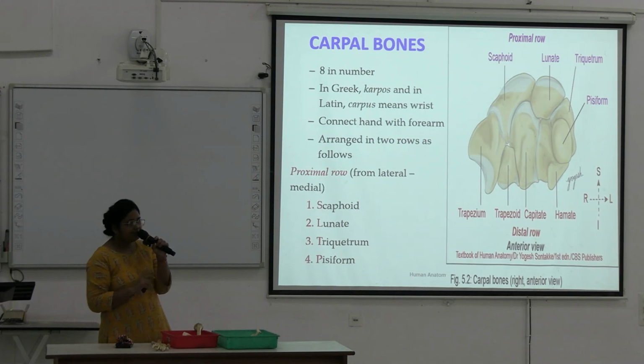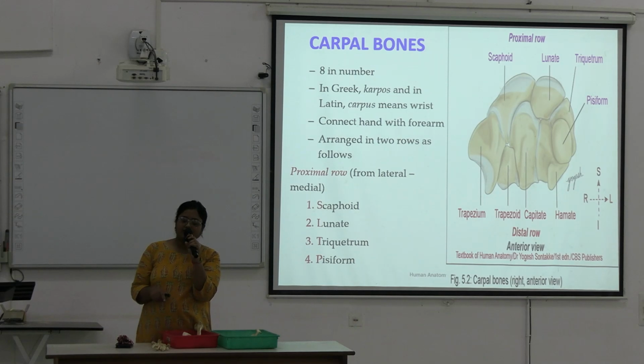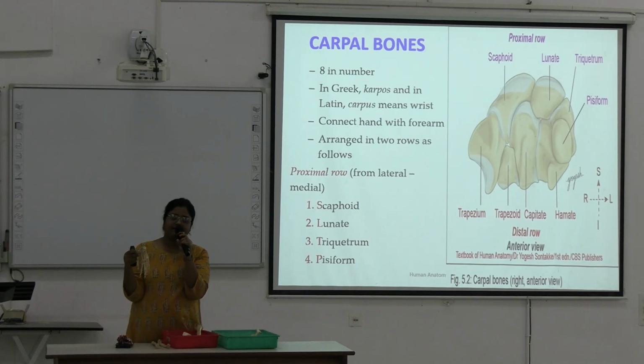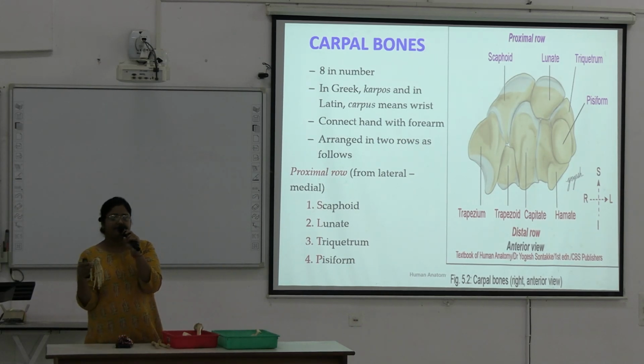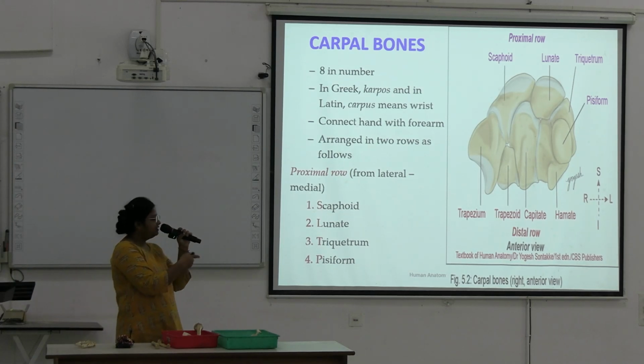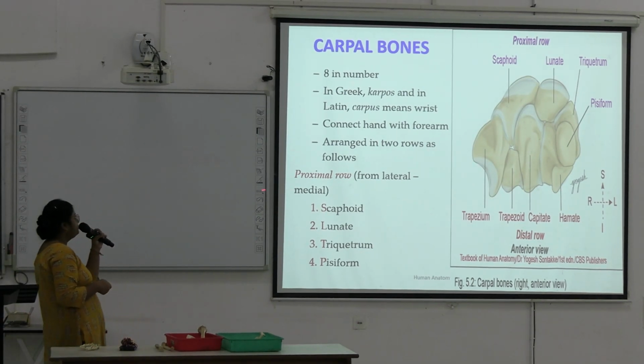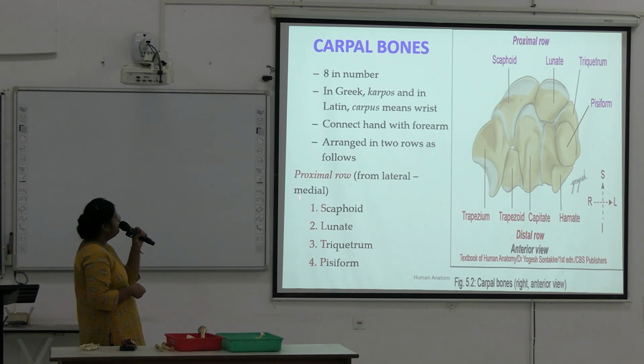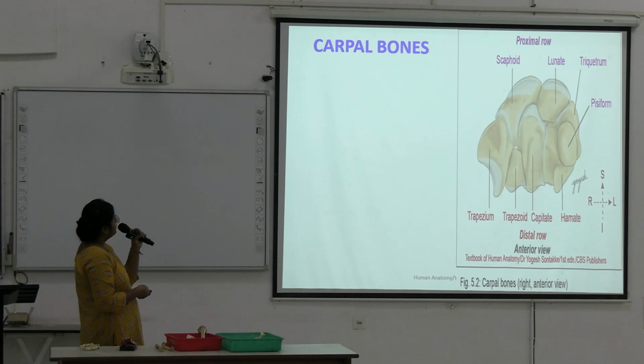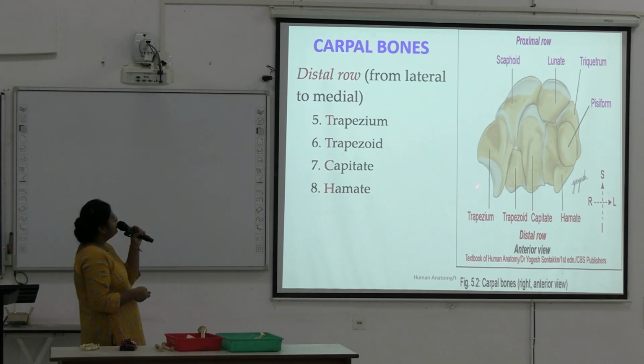This is very, very important. You have to identify the bones in this articulated skeleton of the hand. Here you have to identify each of these bones. I will show you: first you see in this picture, then in the bone. So in the proximal row, from lateral to medial, are the scaphoid, lunate, triquetral and pisiform, and in the distal row, from lateral to medial, the trapezium, trapezoid, capitate and hamate. Here is the hook of hamate.